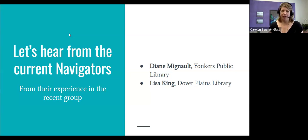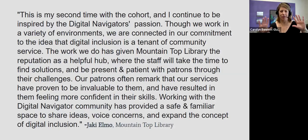I also have here this wall of text, which is a testimonial from Jackie Elmo, who has been through the program a couple times, and I don't think I'm going to read this all out loud. I'll just kind of freeze it here for a second if you want to take a look at what Jackie had to say. And I can send everybody the slides afterwards in case you want to read this more in depth. But she's been having a wonderful experience building up the Digital Navigator program in her very rural mountainous community